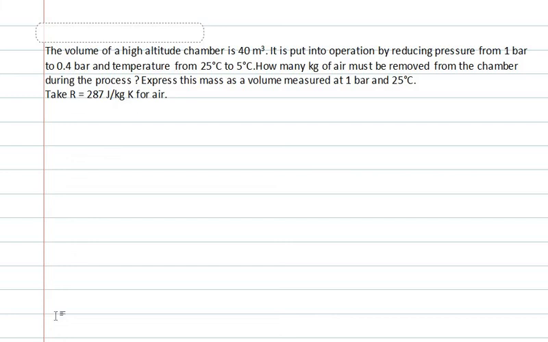Welcome students. In this session we shall see problems on ideal and real gases. So the first problem is